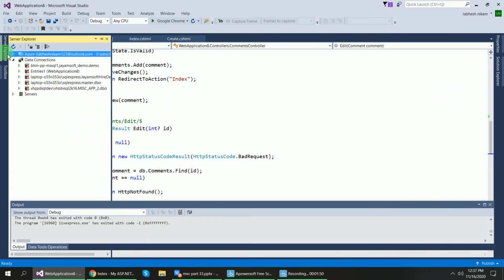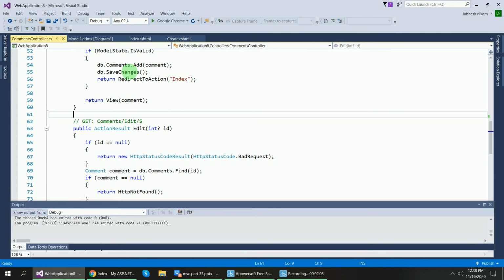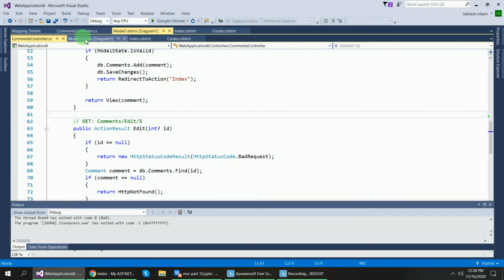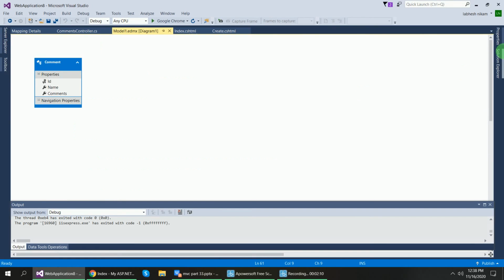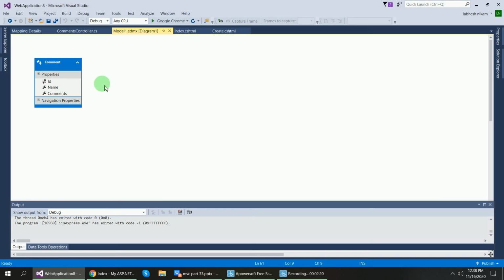I want to create the form for this comments table, and inside of this table are the comments ID, name, and comments properties. I have created one ADO.NET entity data model, and this model contains this table comments, with ID, name, and comments. So using this comments model,